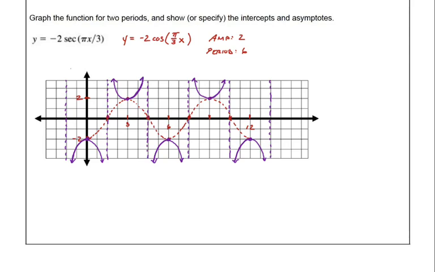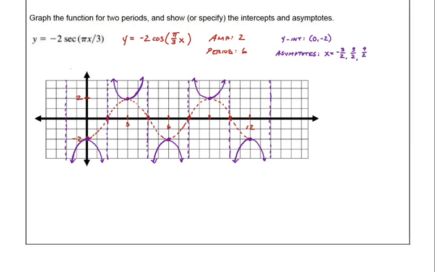from my cosine graph. So drawing your cosine graph and adjusting your period is what we did in sections 8.2 and 8.3. So it's not a stretch there to do that, but being able to draw the cosine graph is really going to be super helpful in drawing the secant graph that accompanies it. And then if I want to identify the information about it, the y-intercept will be (0, -2) again in this case, and the asymptotes will be at